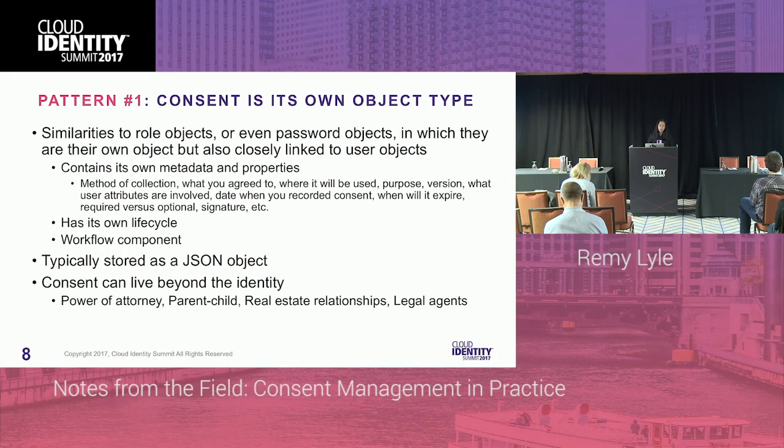are defining it. So the first design pattern that we see is that it really is its own object type. Even for the implementations that we've done, we tend to wrap consent. If you look at how the user data is actually stored, it's part of the user object, but in many ways it really is its own independent object type. So it's very similar to roles, in that within my user object, I can have a role, but within my user object I can have all the different consents that I have. But what's interesting is that similar to roles, it has its own metadata.